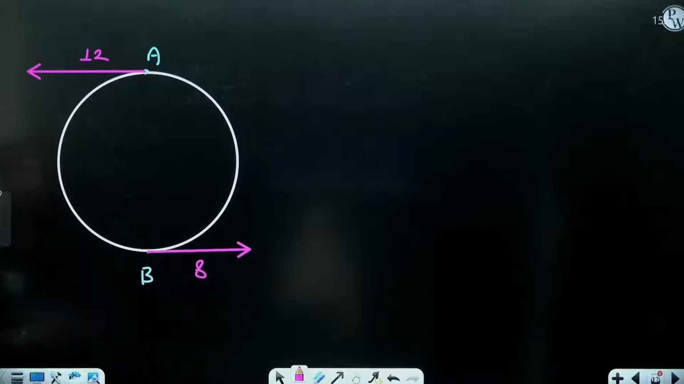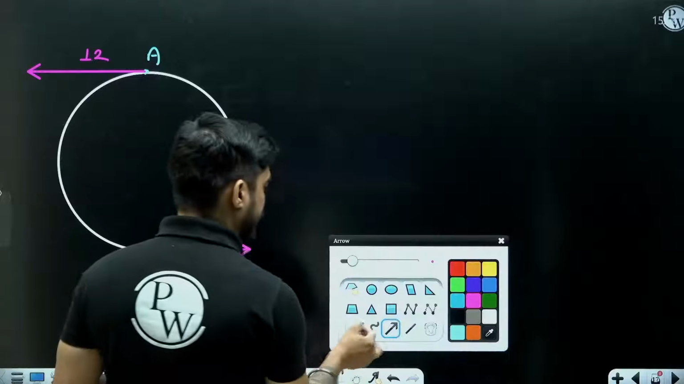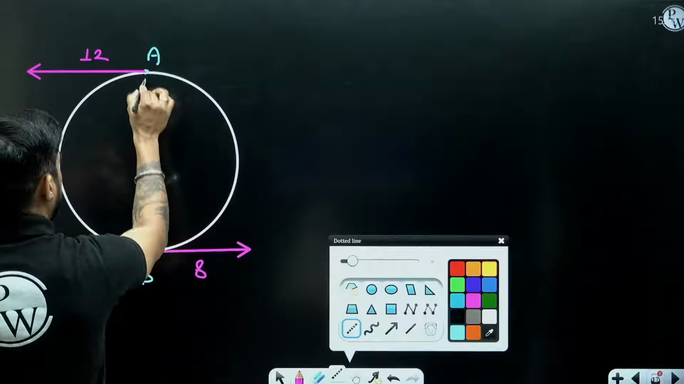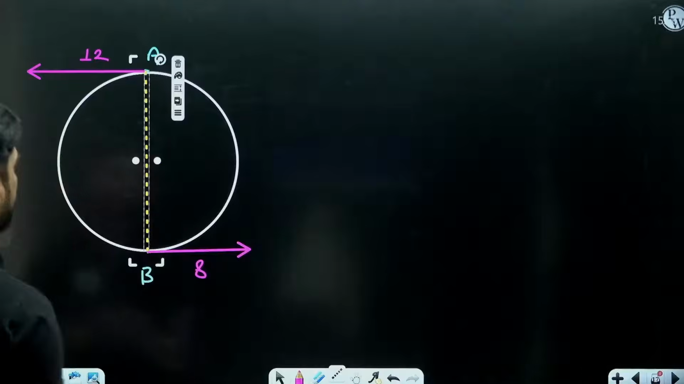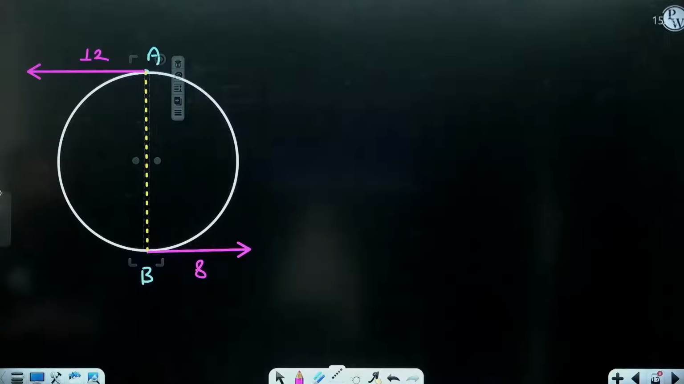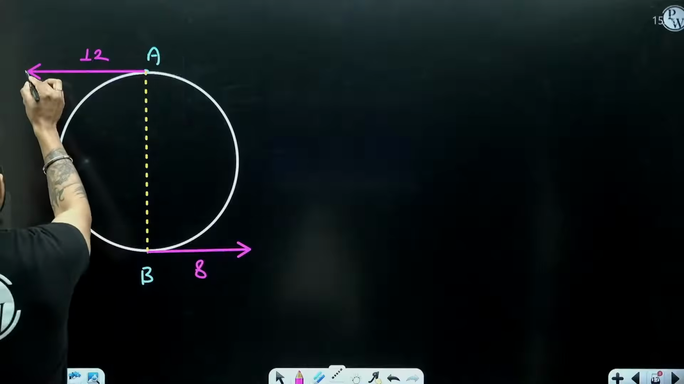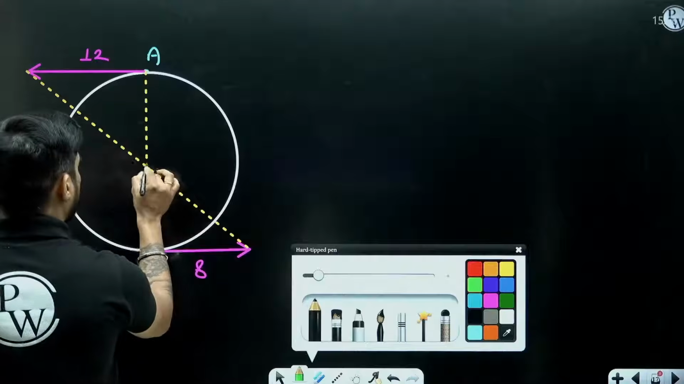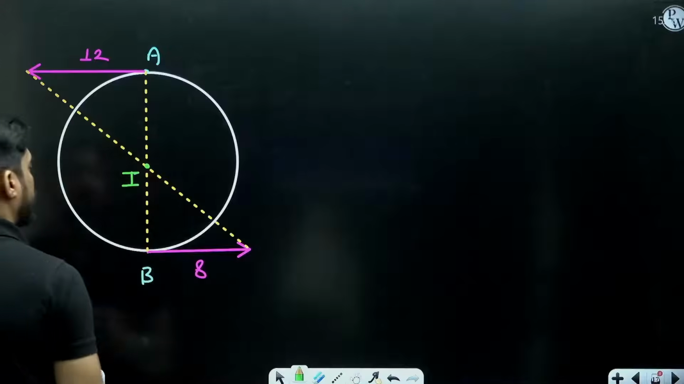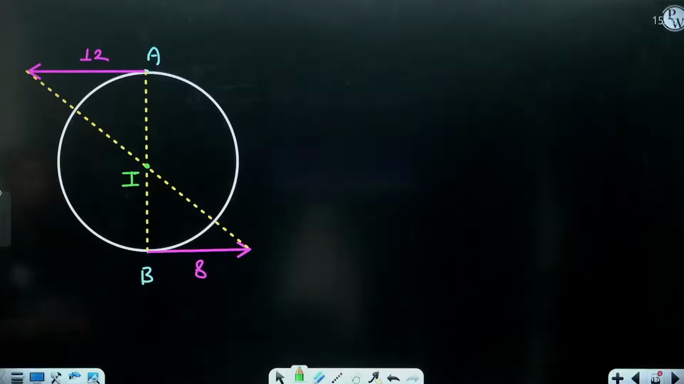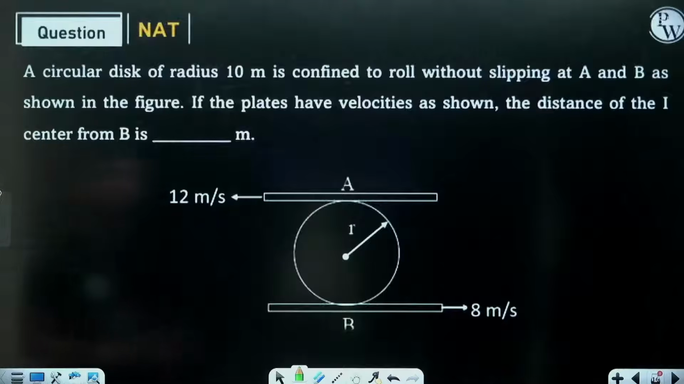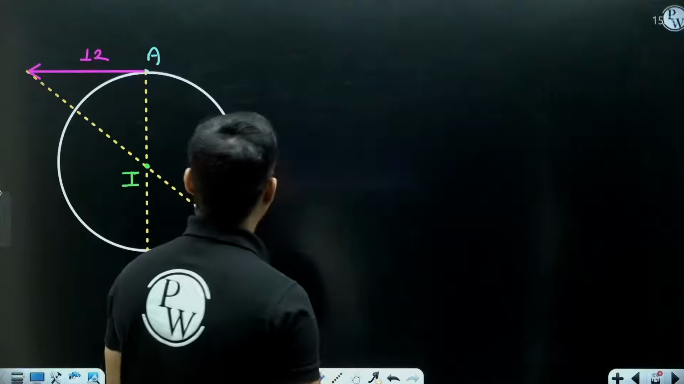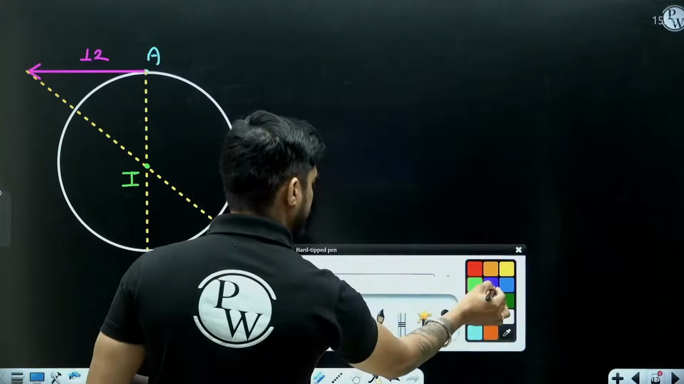Now how will I find the I center? First I will draw a line connecting A and B. So this is my line connecting A and B. And then I will draw a line connecting 12 and 8. And the point at which both of these are intersecting will be the I center. So I have got the I center, okay? Now they are asking us to find the distance of I center from point B, okay? So let's say that